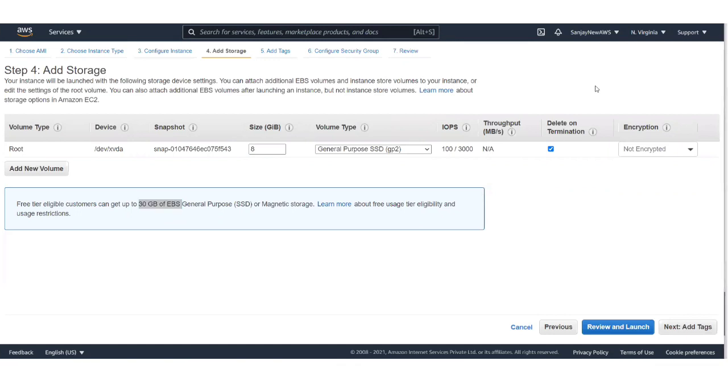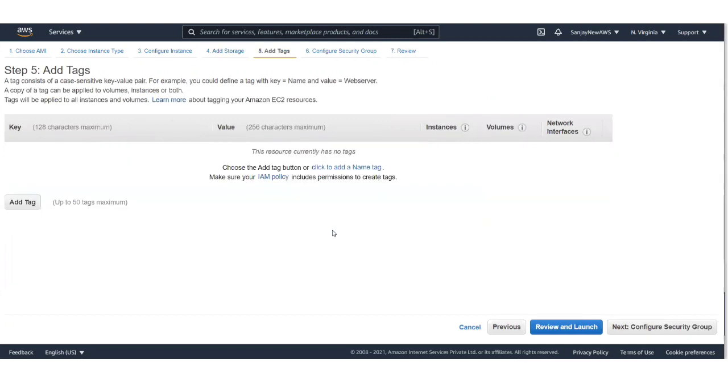Even on this page, I didn't make any change. Go and click on Add Tags. What is tagging? Tagging is a technique to tag your resources so that later on you can identify the resources. If you are running a large number of machines,